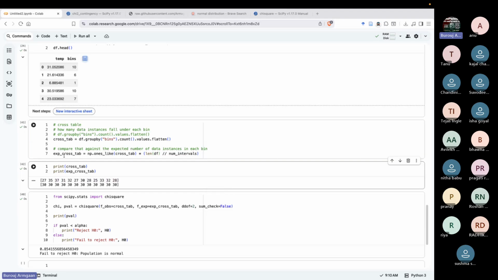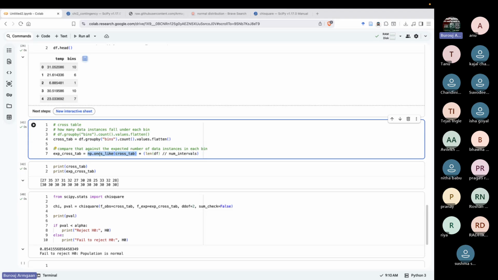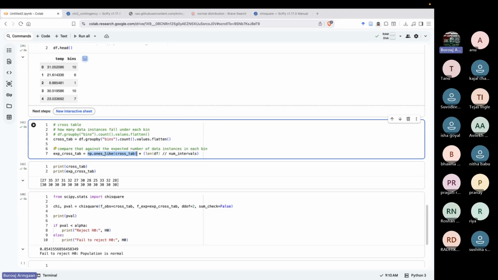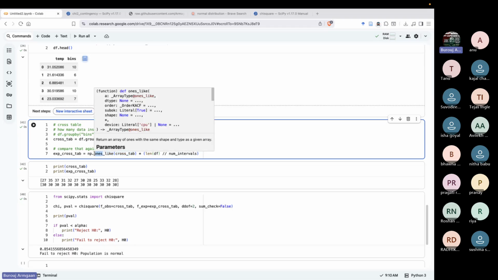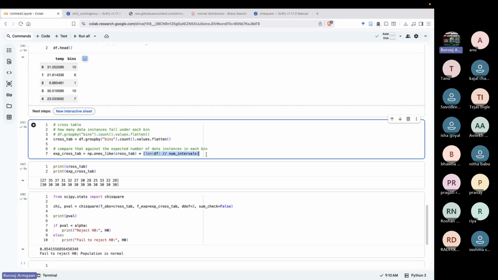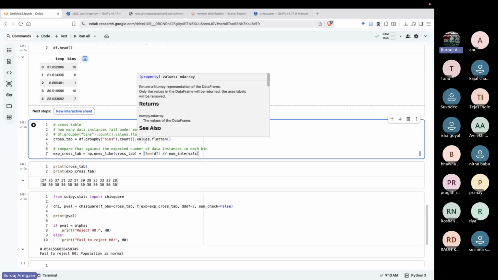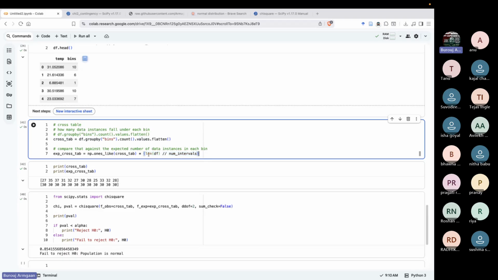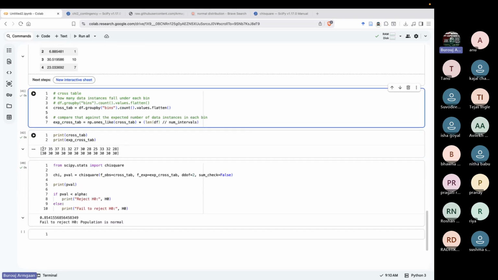To compare it against an expected value, we just need an array of the same shape, so we use ones_like. The like function copies the shape, and the one says I want a 1 in every value. To that, we multiply the expected frequency. By design, because every bin has an equal probability, the expected frequency is the length of your data frame, that is the length of your sample, divided by the number of intervals, which is 30 in our case. We use integer division to keep everything in integer arithmetic. So these were our